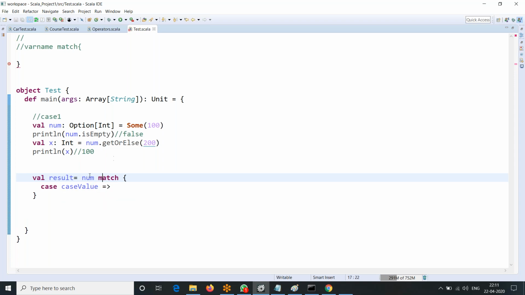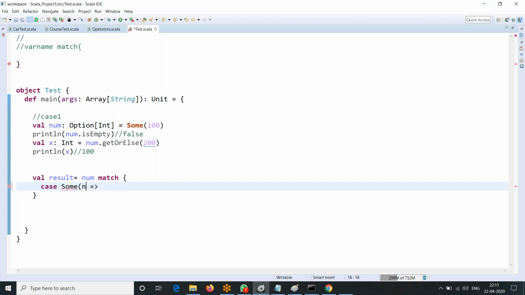What is my case value? What is this num here? Num can be either Some or None. Two possibilities: num is an Option. For this case value, directly we have to give the constant, not the variable here.